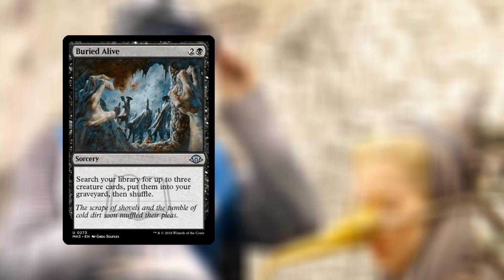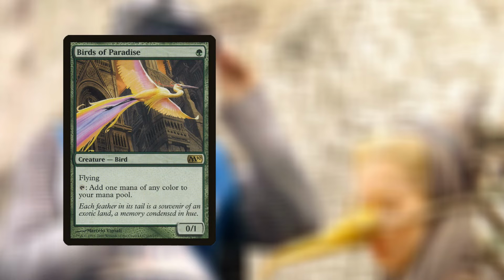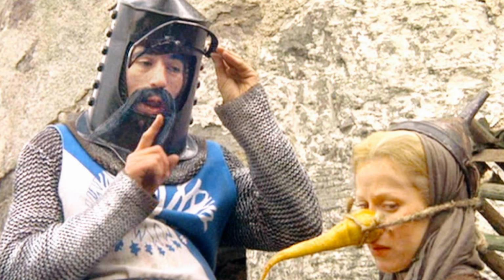Buried Alive, you can get a copy of this from Modern Horizons 3, which is currently going for 40 cents. Dismember, you can get this from Modern Masters. That's currently going for $3.48. And Birds of Paradise, you can get a copy from Magic 2010, currently going for $4.97. And finally, Three Visits you can get from Murders at Karlov Manor Commander, which is going for $3.93, giving you a grand total of $12.89. We are now going to repeat the process with the foil slot with a predictive price of $39.99, and